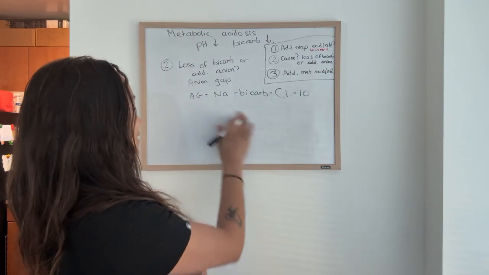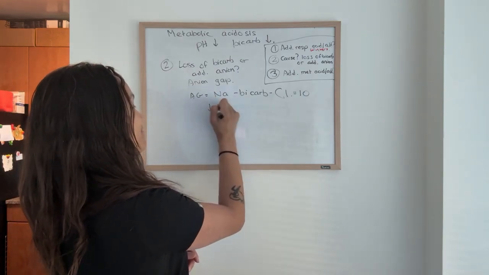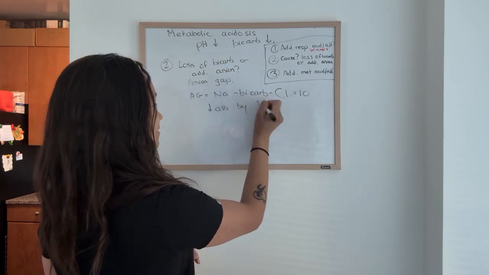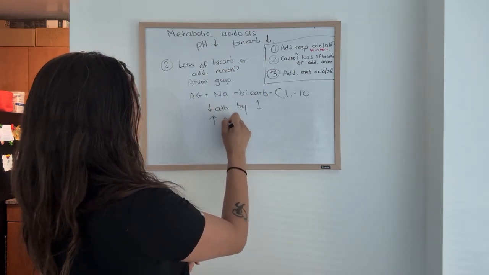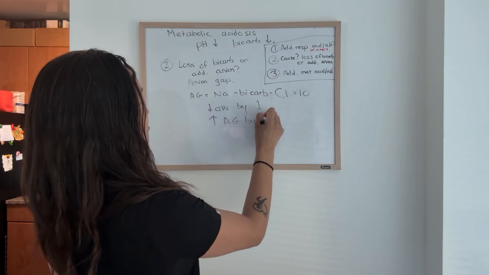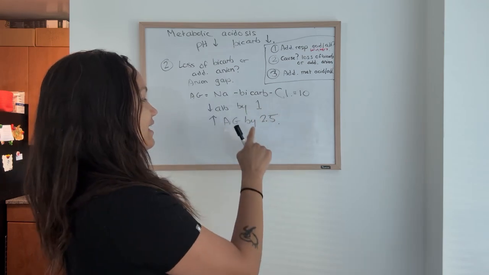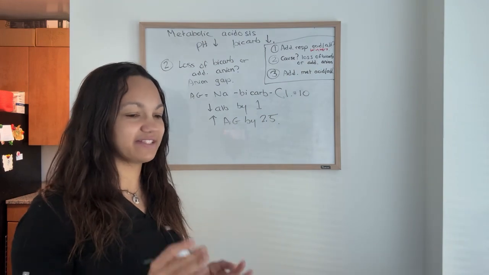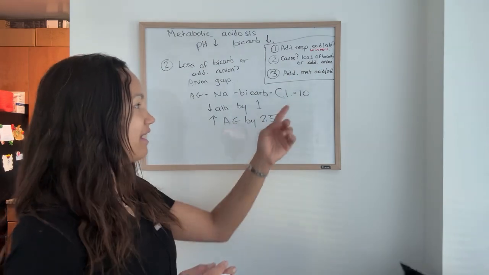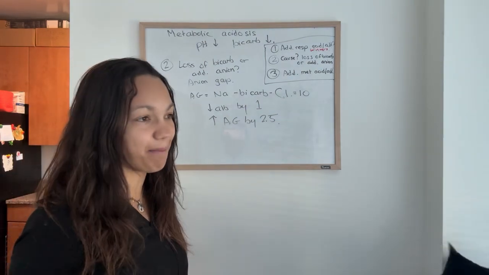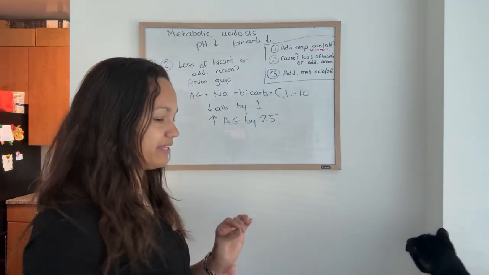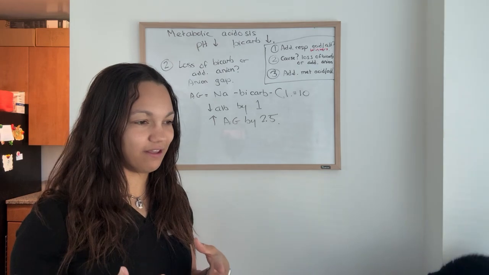So the way you can work around that is to say, every time my albumin goes down by 1, just increase your anion gap by 2.5. It's not that it's really just increasing the anion gap by 2.5. It's just saying that now, if your albumin is lower,